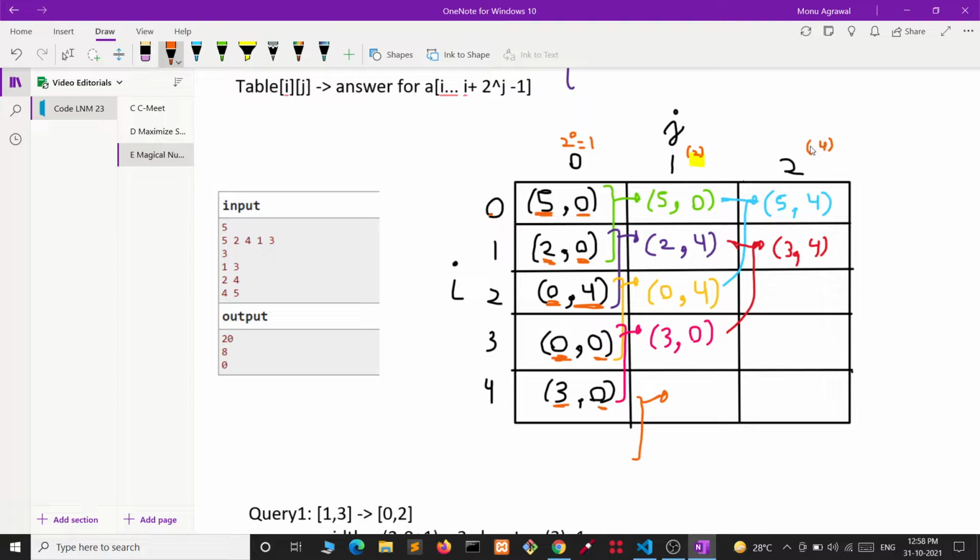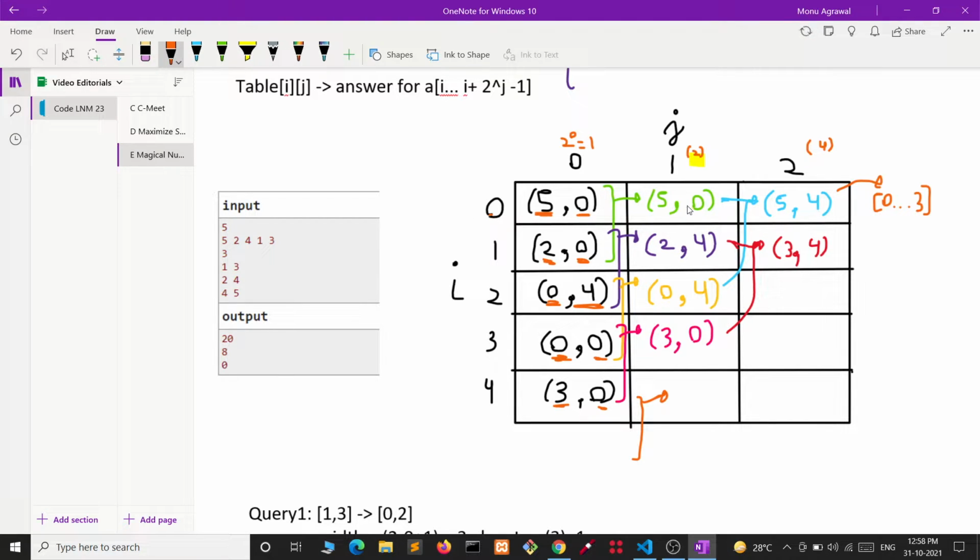Now when we move to j equals 2, we need width 4. Here we need the value starting from index 0 and having a width of 4, like we need 0, 1, 2 and 3. So we need the answer for this.